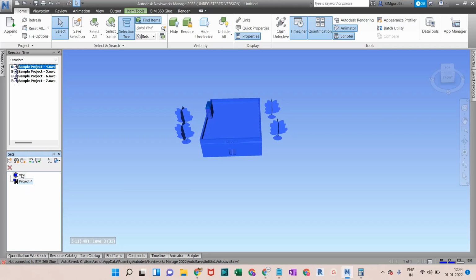The difference between a search set and a selection set is that selection sets are defined in that particular NWF or NWD file. We cannot move them, share them or transfer them to another NWF file. But the search set can be shared in other NWF files as well. That is the basic difference.